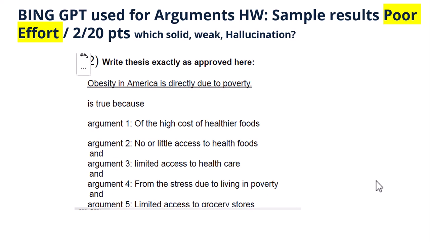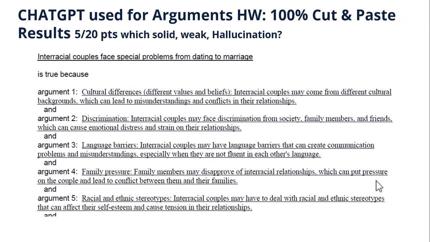Here's a slightly more sophisticated use of it. This is ChatGPT as opposed to Bing in the first example, and the results are not bad, but again, created that rote process, no thinking, no processing, no rephrasing. And it literally is a cut and paste effort with the categories of arguments, for example, cultural differences, and then a pretty much cut and pasted, no thought, no second order thinking, pasting of those results. So I give them 5 out of 20 for not considering which of these are strong.